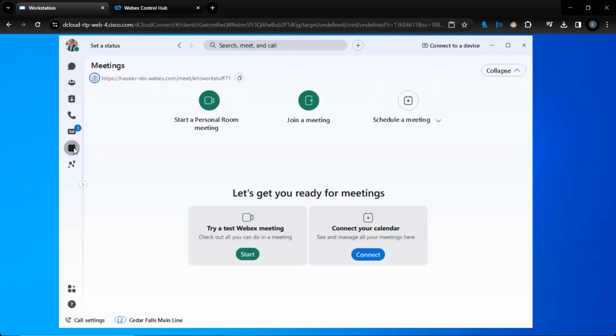Lastly, as we move down, is the calendaring and meetings. This again can integrate with your Outlook calendar. You can schedule a meeting right through here. You also have the ability to just start an ad hoc meeting. If I were to click this button here, that now copied that URL to my clipboard. I can drop that in a chat. I can drop that in an email. Someone clicks that link and they're just immediately in my personal room attending an ad hoc meeting.